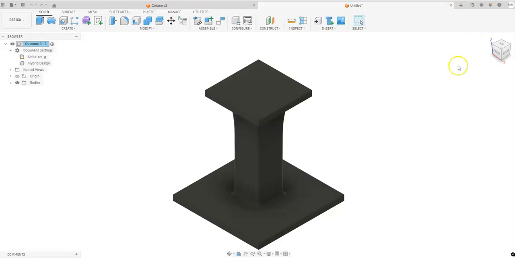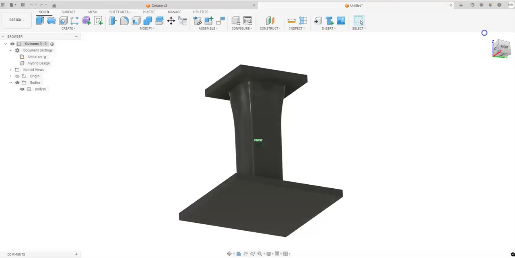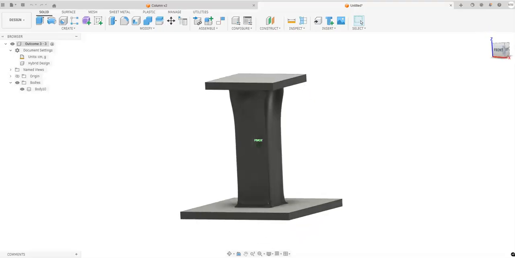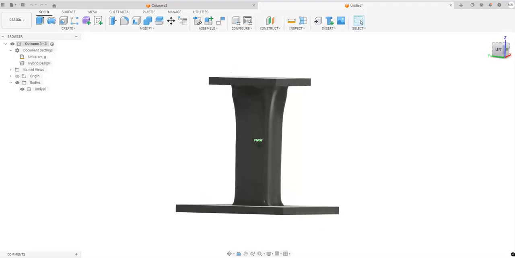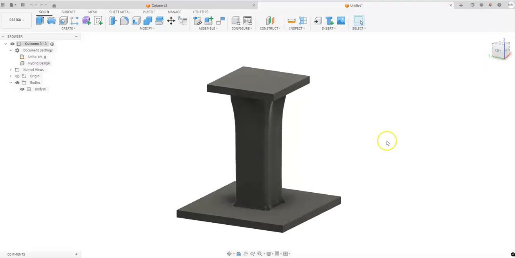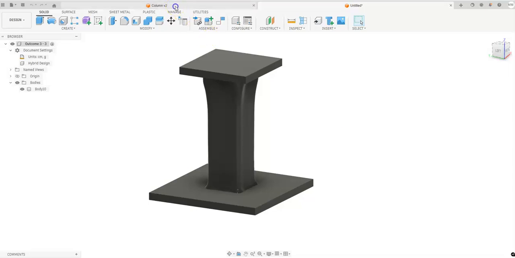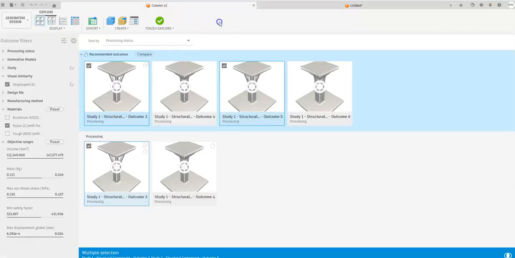So note again, that starting shape that we have, we only have one body right now, but notice how Fusion went in and took that starting shape and changed it and modified it based upon the amount of weight that we asked for this particular structural component to hold. So that is how you go about utilizing starting shape